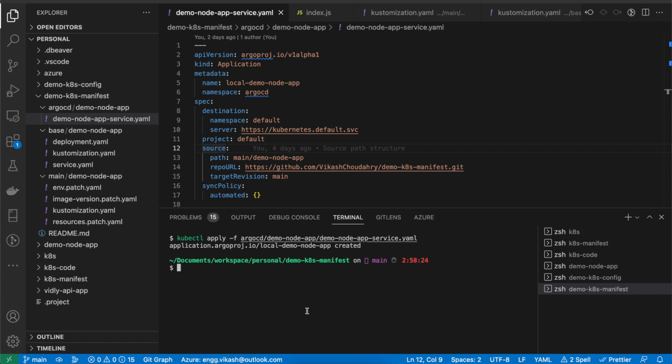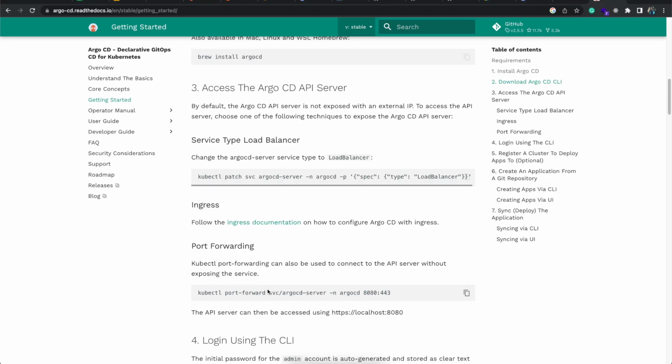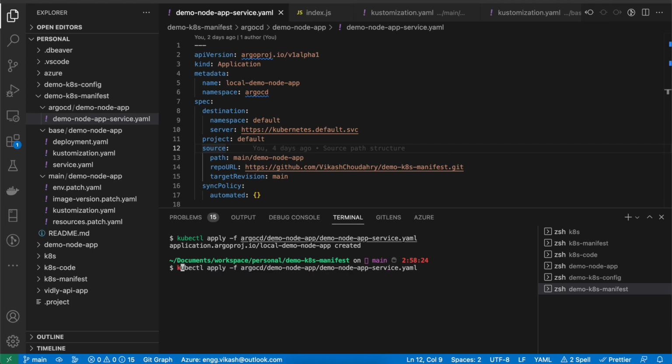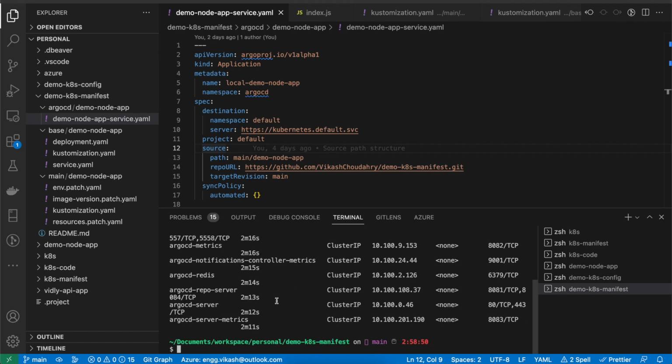Now how will I access it? In order to get access, we have to have the load balancer or port forwarding steps enabled. So let's see what services we have as part of the namespace, namespace ArgoCD, right? If you see here, we should see some services, and for us the important one is the ArgoCD server one,